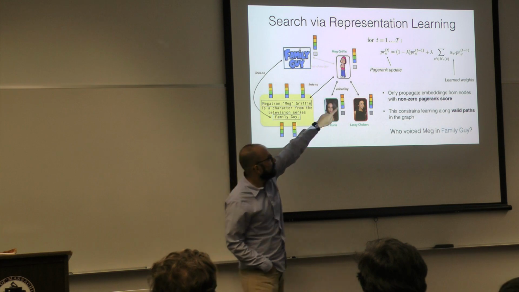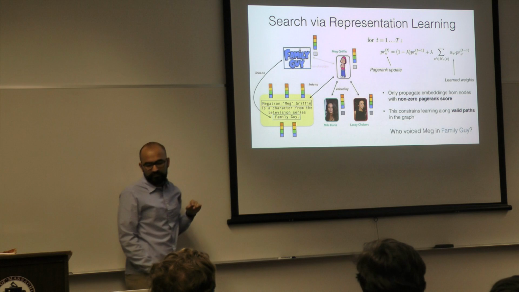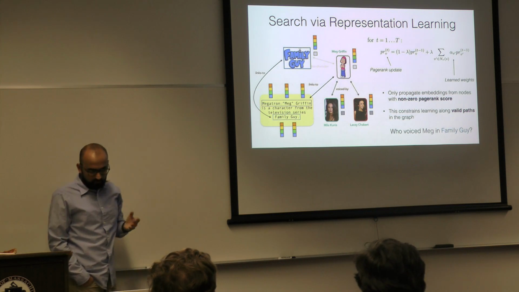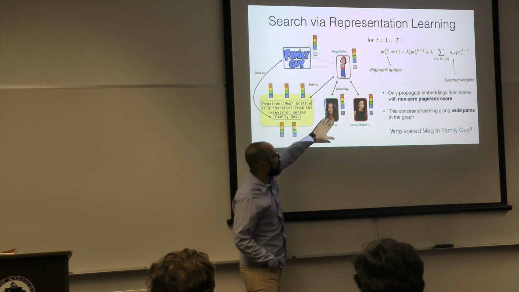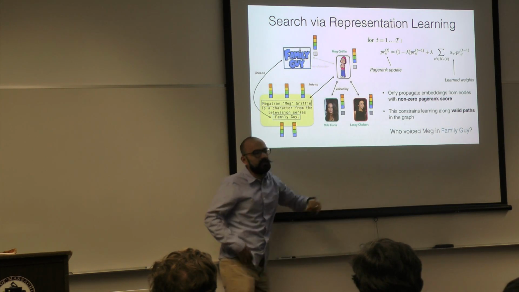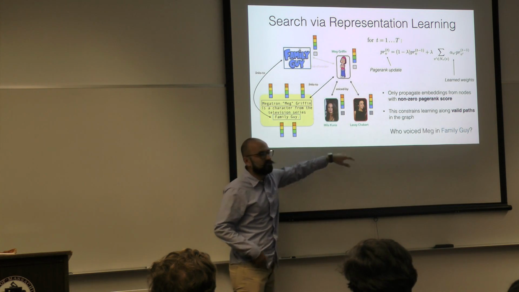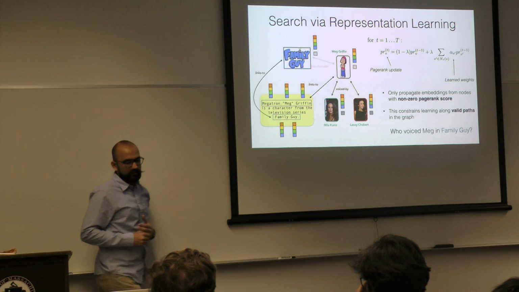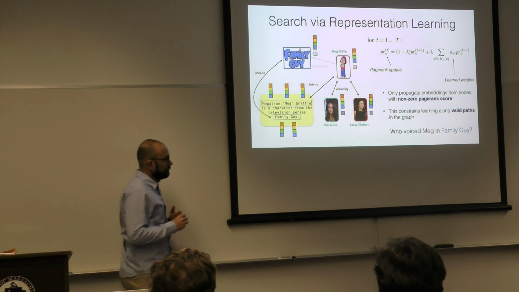That's going to look like a pretty standard personalized PageRank formulation, for those of you who are familiar with that. So after time step 1, we have some weight on the neighbors of Family Guy and Meg Griffin, in this case Mila Kunis and Lacey Chabert. And then in the next time step, we're going to further propagate outwards from these nodes to their neighbors. And the reason why this is helpful is